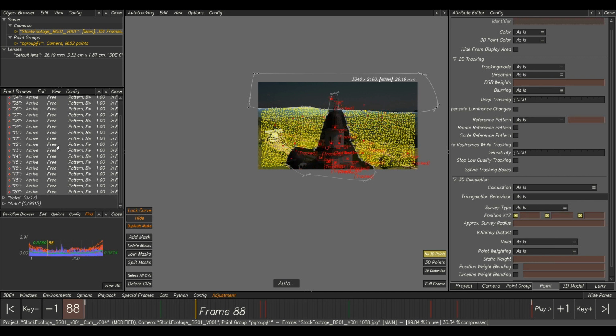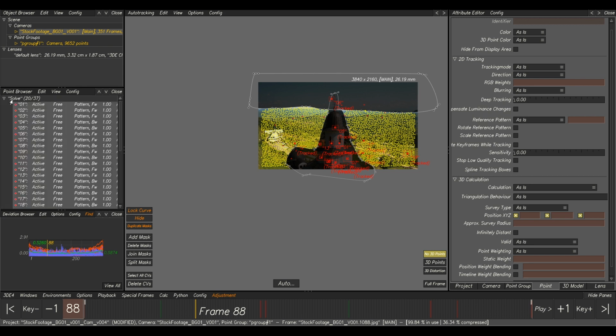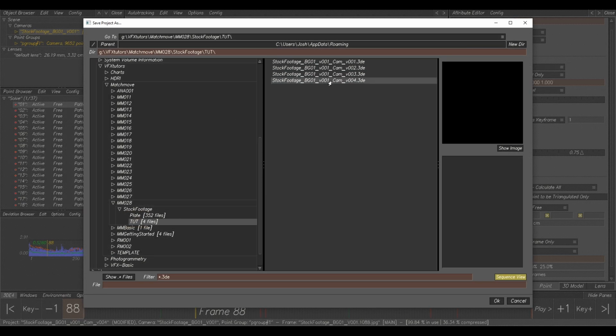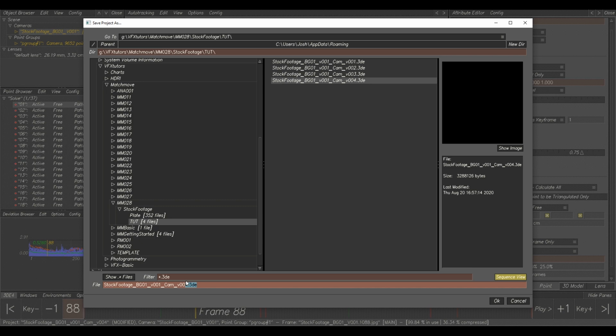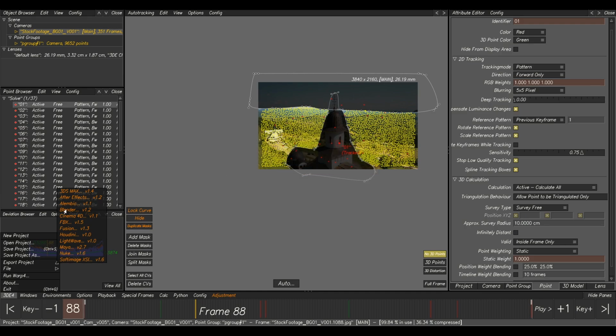We'll make sure we select all of them. Cool. So now we've got our solve tracks and our auto tracks. So let's save this because we don't want to do that again, because that might take quite a while, depending on how powerful your computer is. So let's save that. And let's select our solve points